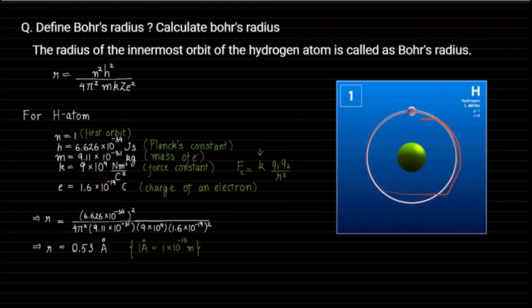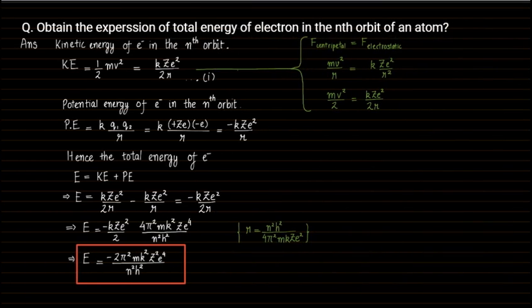Fine. And this negative sign, what does this negative sign denote? It denotes that your positively charged nucleus is pulling your electron towards the center. The electron is negatively charged. So in order to remove this force, what you have to do? You have to supply a positive amount of energy. And how much energy do you have to supply? A positive amount of this much energy in order to free the electron which revolves around the nucleus. So this negative sign denotes that the electron is attracted towards the center.